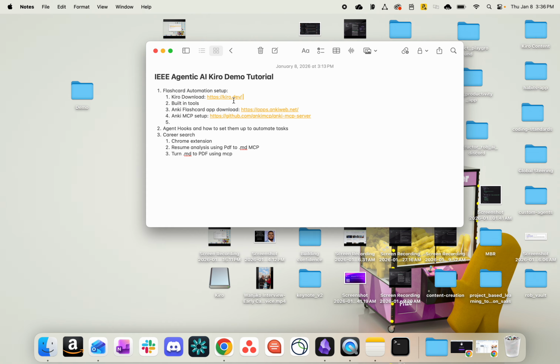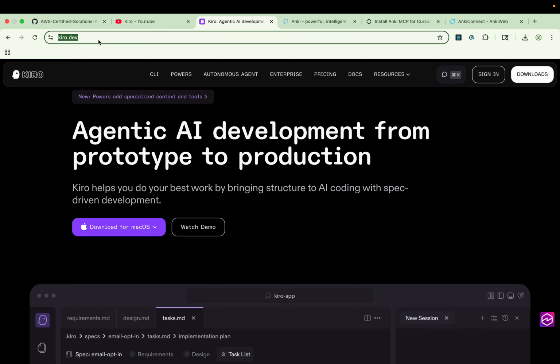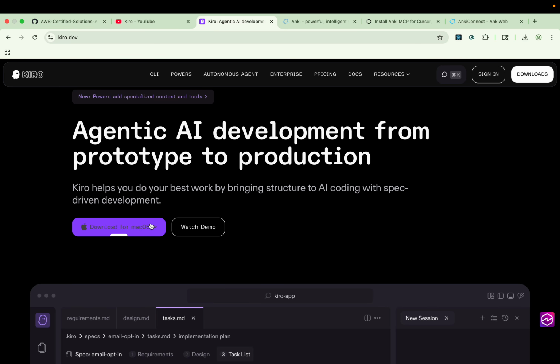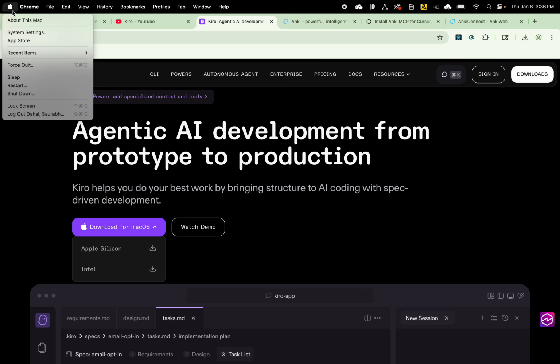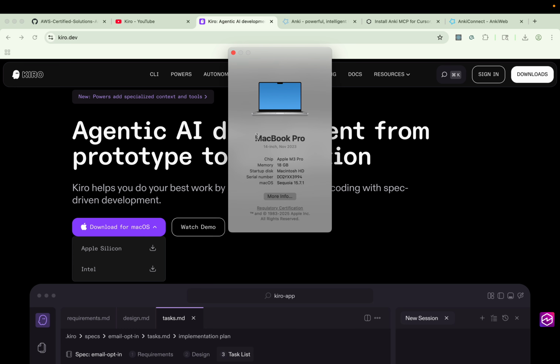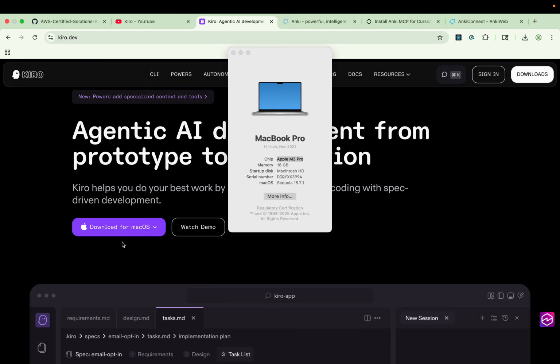It's going to be at https://kiro.dev. So that's where I'm at right now. If you just type in kiro.dev, you'll get there. Download for Mac in this case, because I have a Mac. Download for your machine. Figure out which chip your Mac uses. I can figure that out right here. Click About This Mac. I got the Apple chip, so that means I got Apple Silicon, okay? So I'm going to go ahead and download it for Apple Silicon. Once I download it,